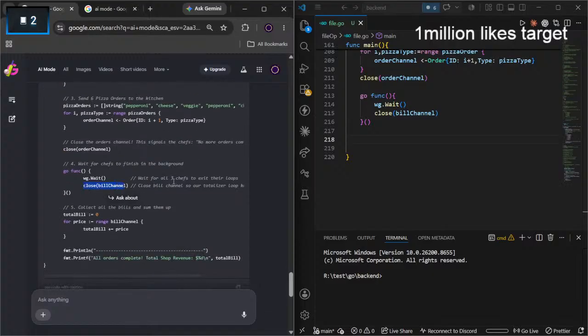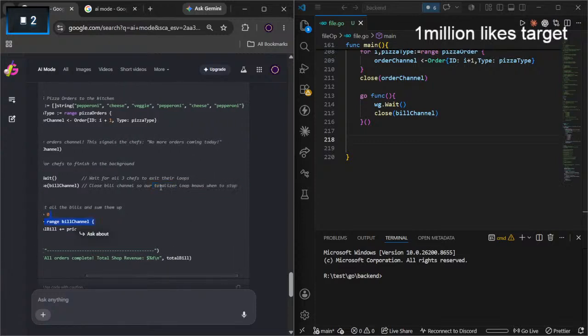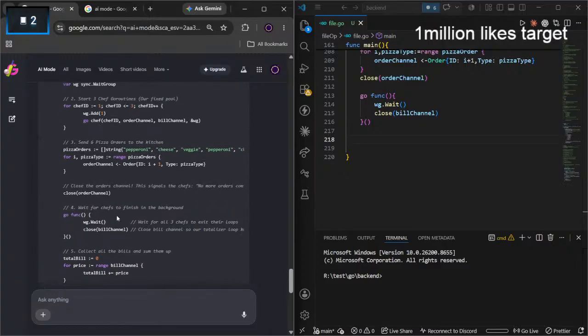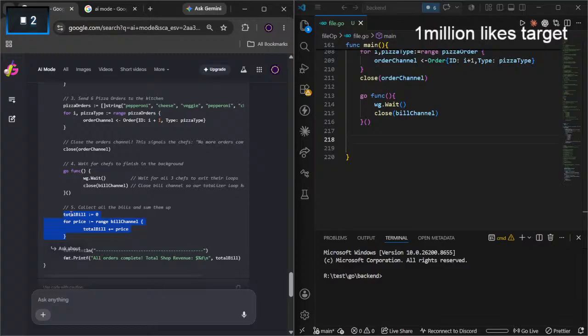Why are you closing the bill? Totalizer loop knows when to close. This is the totalizer loop.